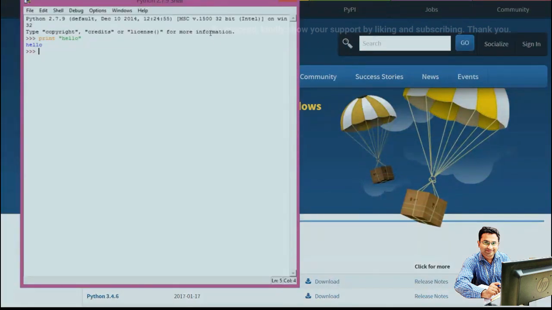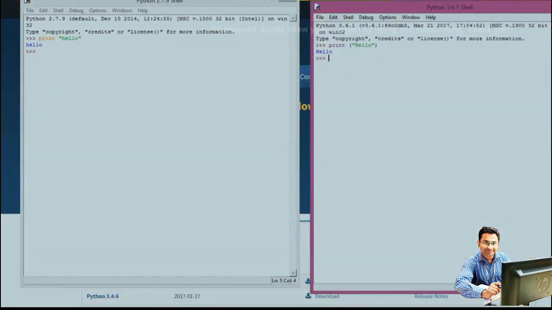So, I have both Python 2.7 and Python 3.6 installed on my system. One basic syntax difference is that if I want to print the word hello, I call the Python keyword print in both cases. But over here, I just put my word, or string, in quotes, as it's formally known in Python, and say print hello, and hello is printed for me. If I want to do the same in Python 3.6, I have to put my hello, the string, in